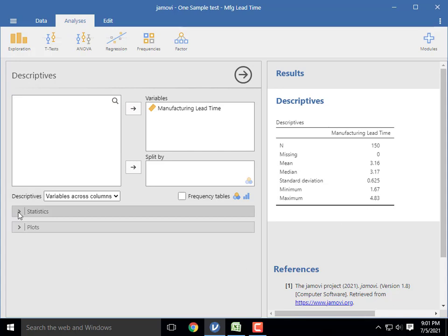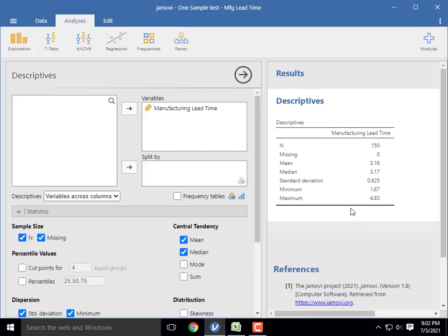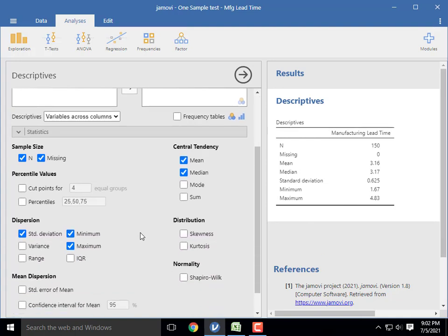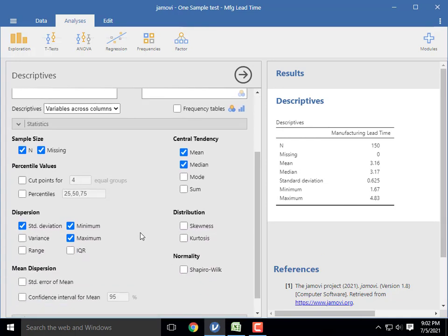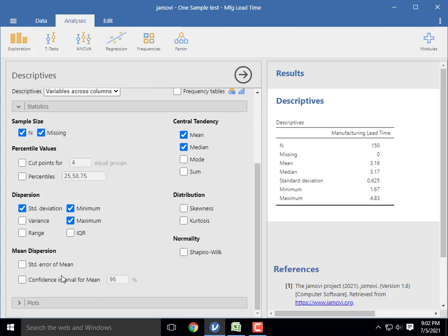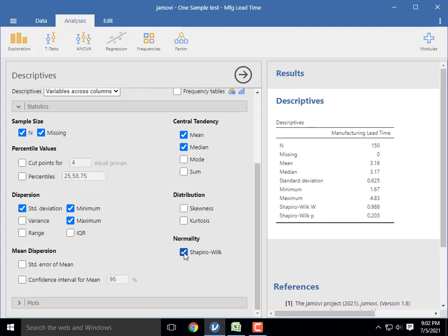Again click statistics, then click normality, that is the Shapiro-Wilk test. Here the Shapiro-Wilk p-value is 0.203, which is greater than 0.05, so we assume that our data is normally distributed.